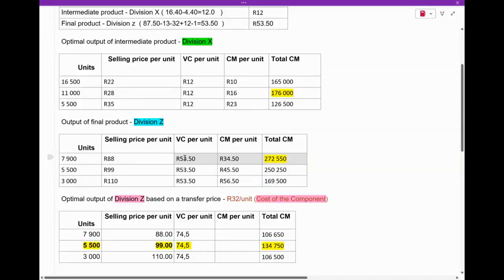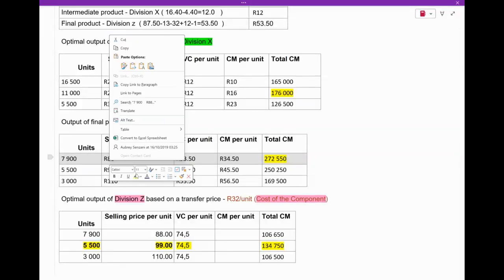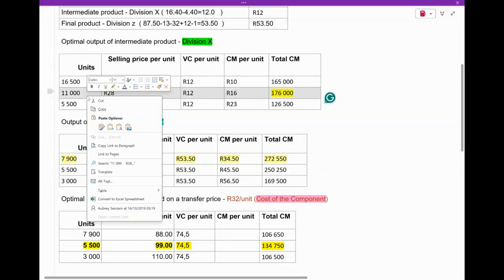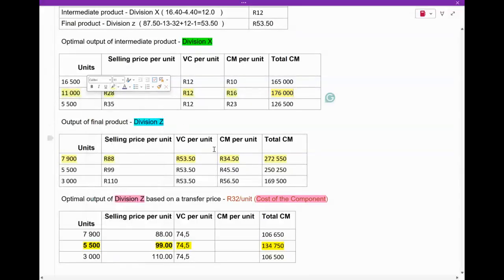So where I've highlighted in yellow is just to show where we are receiving the most bang for our buck. So this selling point is most attractive because that's where we get the biggest contribution margin. Can you see that? Is it making sense? Okay, so this final one,